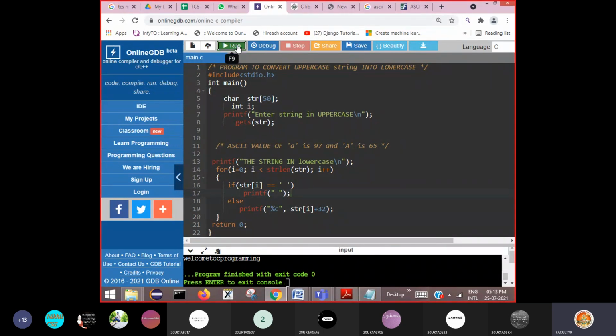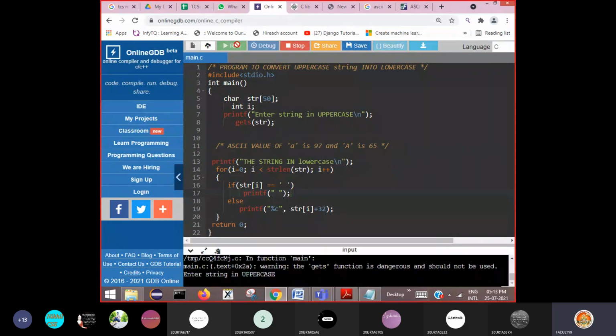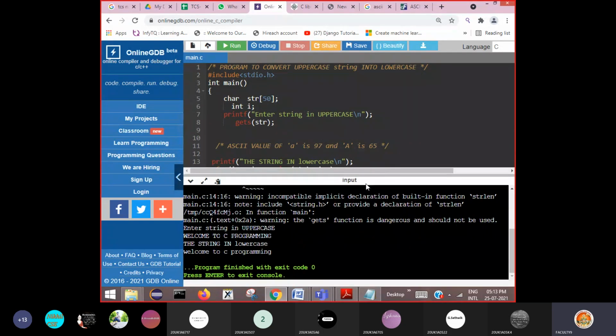Now I run the code and enter WELCOME TO C PROGRAMMING. Now you can see welcome to C programming printed as it is in lowercase.